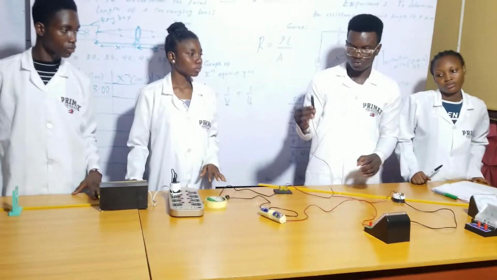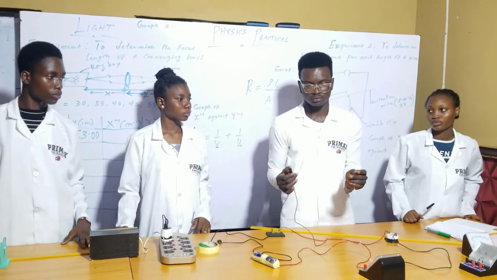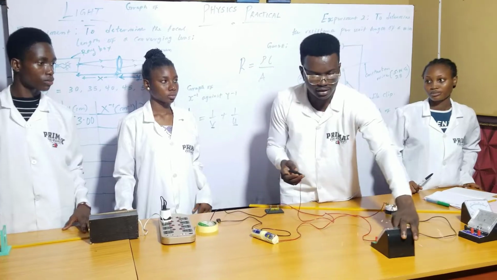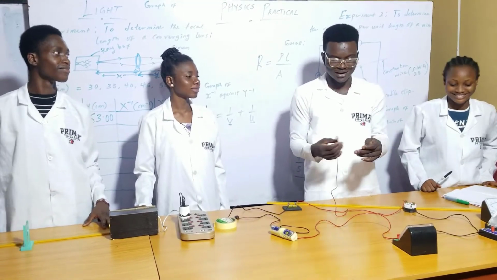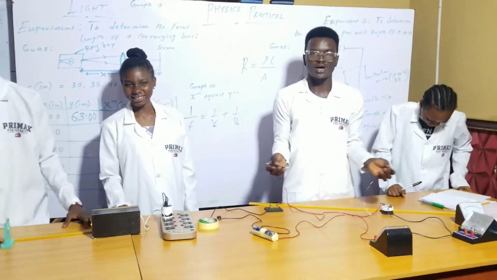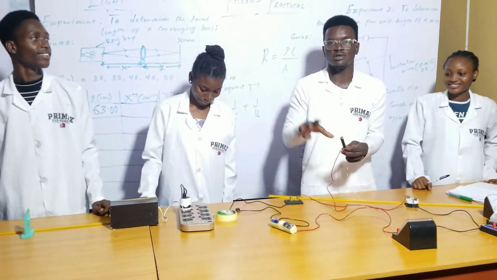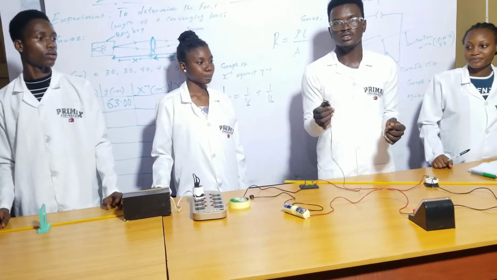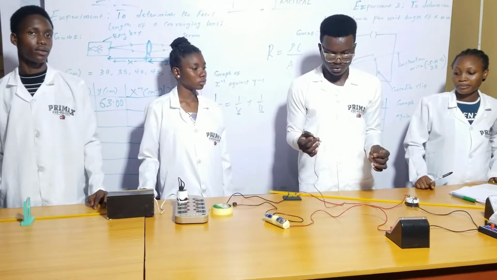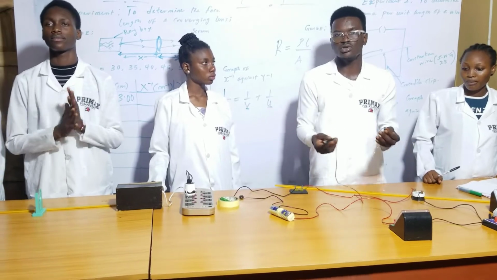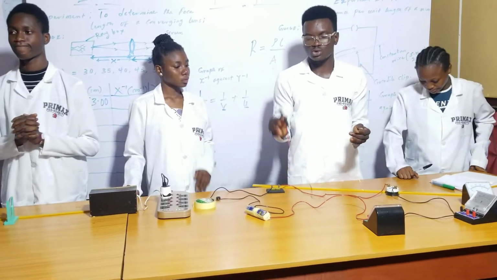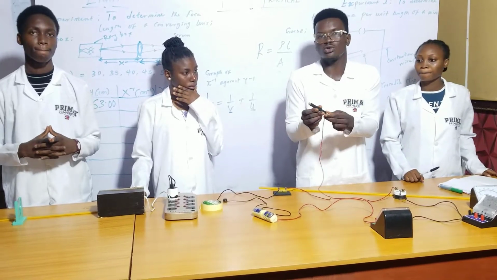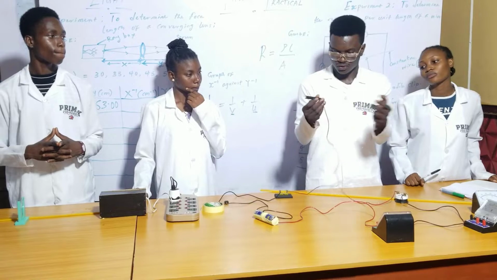Now there's something here. We're supposed to use a crocodile clip in order to hold it at a particular point, but we bought the crocodile clip and we don't know, maybe the crocodiles have walked away, so we can't find them. We don't know where we dropped the bunch of crocodile clips we have. So we are trying to manage a jockey, since it can almost serve the purpose of the crocodile clip. This is just for you to have an idea. In the exam, you might be using a crocodile clip instead of a jockey. We are only trying to improvise with what we have now.